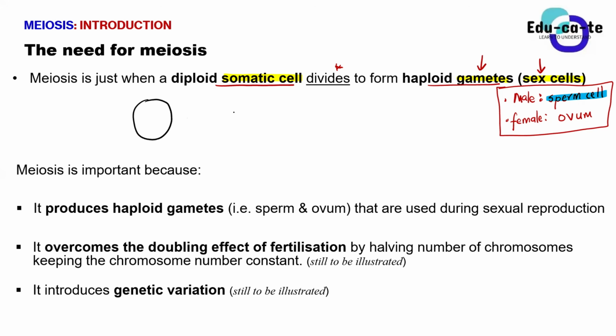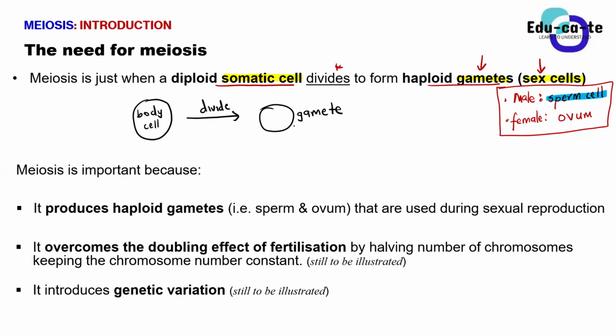So when they divide, your body cells, or you can say your somatic cells, they do what? They divide to form the what? To form the gametes. Guys, when I'm talking about the gametes, I'm talking about the sex cells. It's the same thing, like they're synonyms of one another. So don't get confused when I say gamete or when I interchange these terms. All right. So your body cells are dividing so that they can form the gametes. And these gametes, for males, the gametes that we are referring to here are the what?